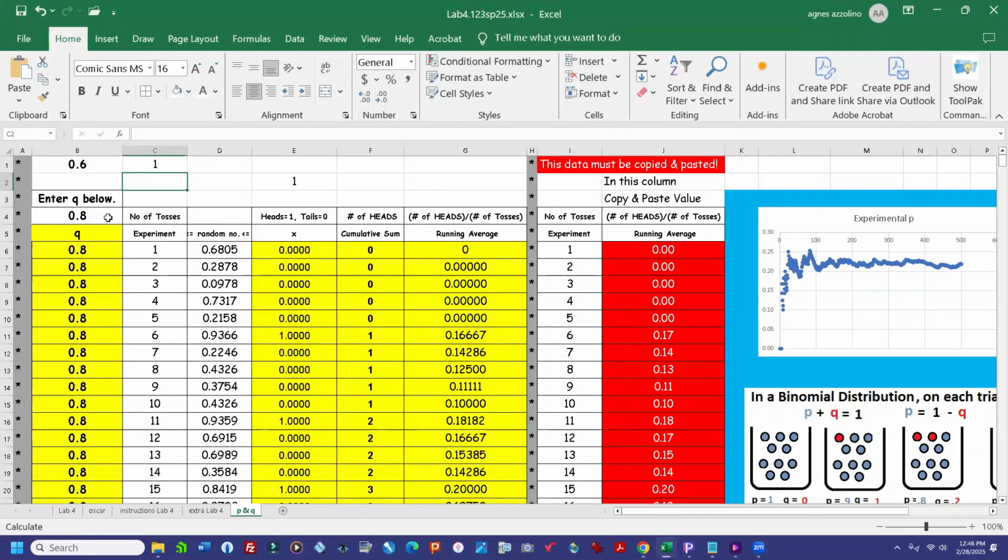Why did I go differently? Because I want the numbers less than that probability, less than 8 out of 10 heads, to be a loss, to be a 0. So here I put a whole bunch of numbers, and I got those by a formula, and that formula was to get a random number